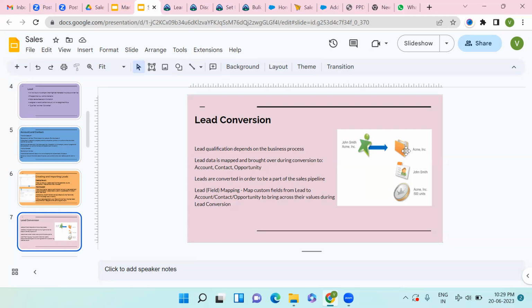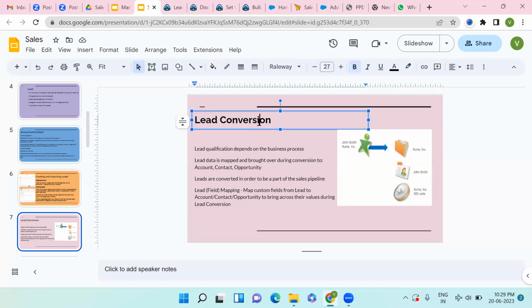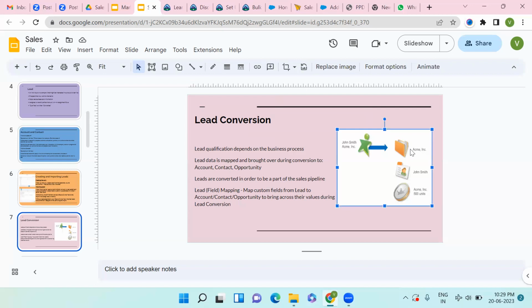So why are we converting it? Because a lead is just an interested customer. Now the interested customer is going to generate our revenue. So we convert our lead into account, contact, and opportunity. Why are we creating these three objects? Account is to handle the customer if it is a company.